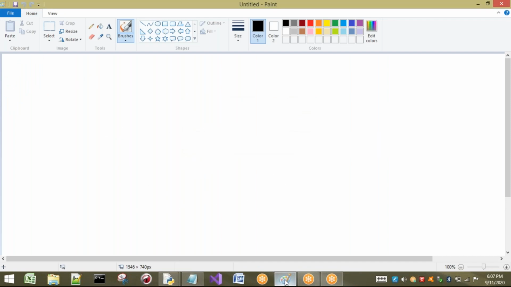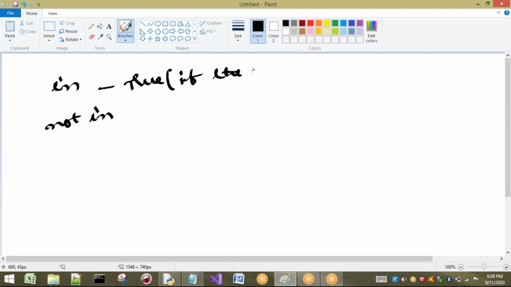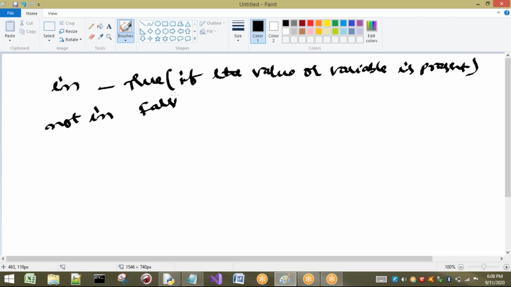Now, when are we going to get True with in? If the value or variable is present, then we are going to get True. When are we going to get False in the case of in?